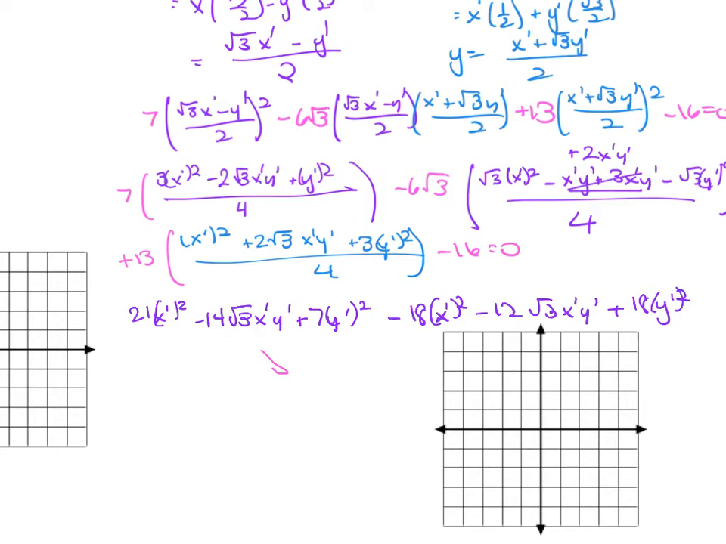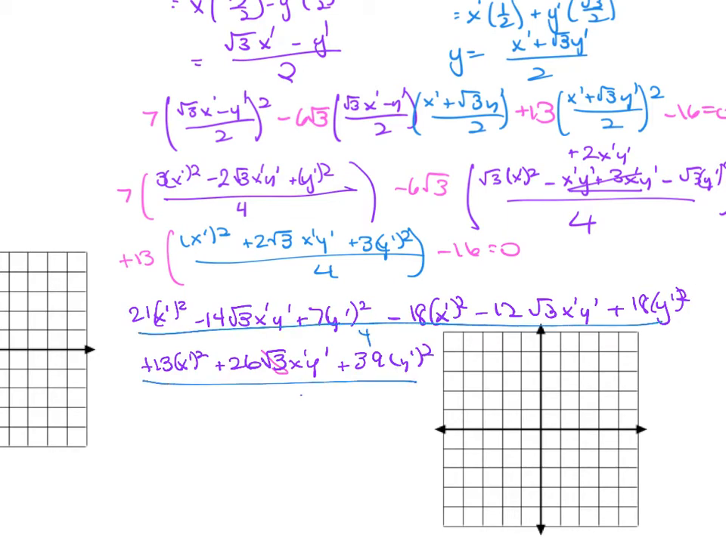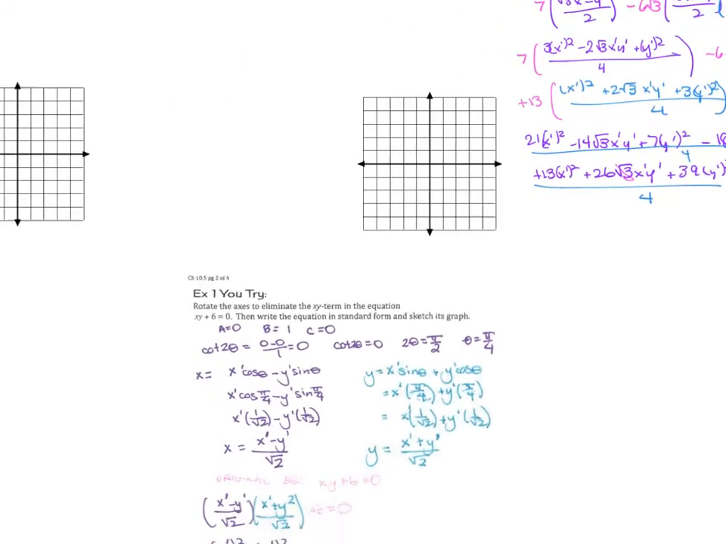And then we have this last one down here. This is going to be plus 13x prime squared plus 26 square root of 3 x prime y prime plus 13 times 3 is 39y prime squared. And all of this, of course, is all over 4. Then we still have this minus 16 equals 0. So at this point, when you combine like terms, so earlier on, we had stated that